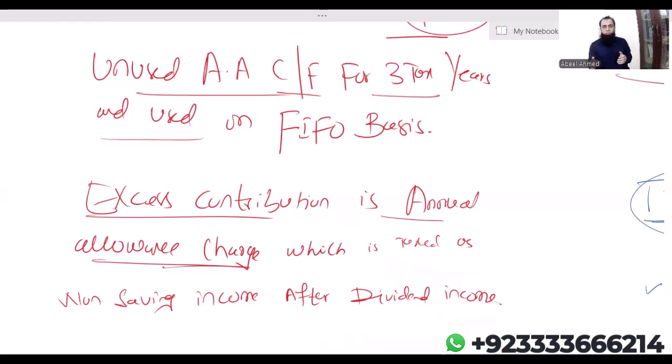One is if the contribution is more than the annual allowance limit, that is annual allowance charge treated as non-saving income. Number one, I have to cover that. Plus, when two conditions are met, what are those two conditions? If both the conditions are met, then annual allowance limit from 60, it reduces. When it reduces, how it works, we'll cover this in the next lecture. So I deliberately don't want this video to be very long.